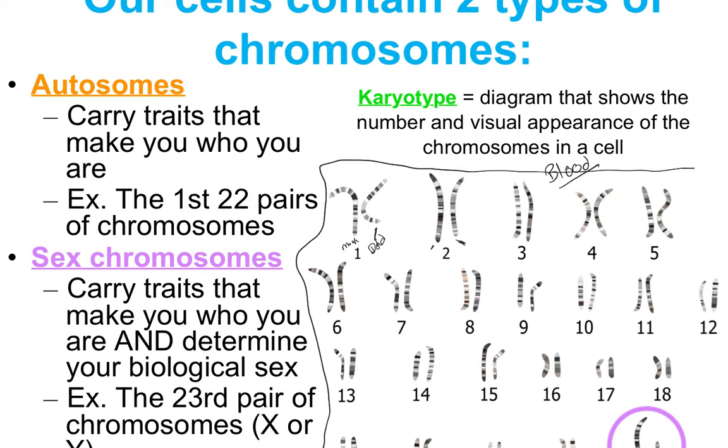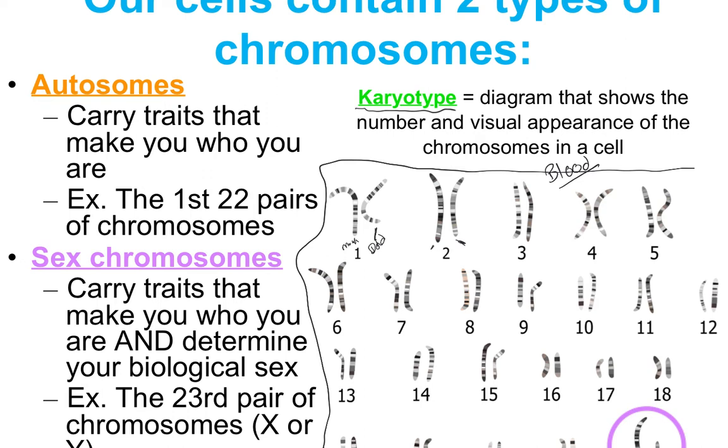Now what's fascinating is this diagram that you're looking at right here. This is a karyotype. A karyotype is a photograph, a picture of all the chromosomes in one of your cells. This is fascinating, how they get this. They actually will take cells from you, usually blood cells, and they will grow them until they're really high in number and then drop them on a slide. So they'll take a sample of them and drop them on a slide so that when they hit, they splat open, and then they'll take pictures of it until they can get the cell that is just at the right part of interphase to where all of the chromosomes are